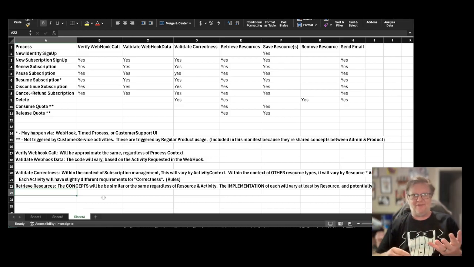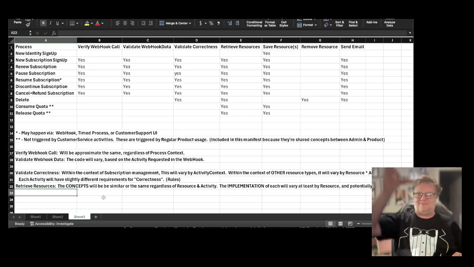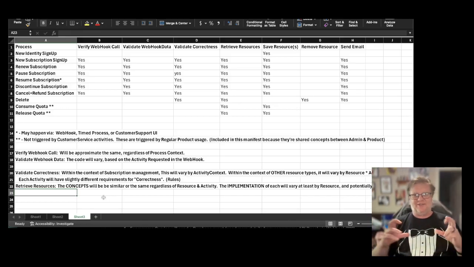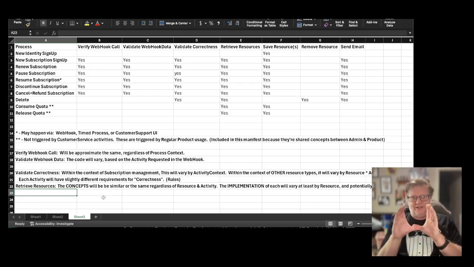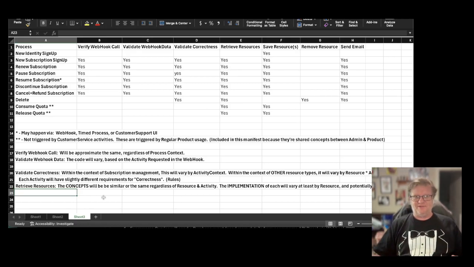And that keeps me from having a million public functions sitting on the subscription access component that say, load subscription for this context, load subscription for that context, save subscription for this context, save subscription for that context, et cetera, et cetera, et cetera. It keeps my public interfaces narrow and tightly scoped and cohesive, so that even a non-programmer could look at